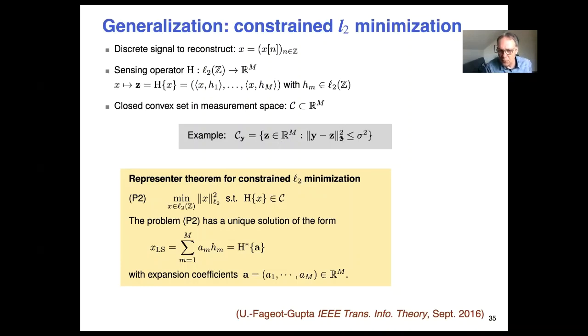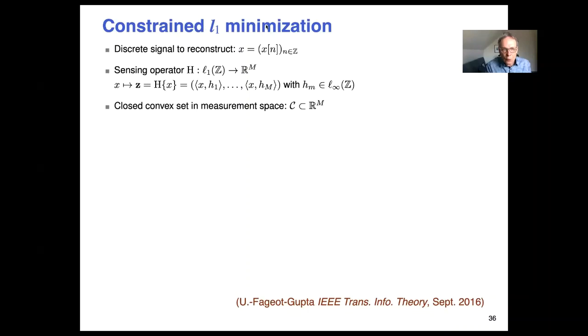But if the regularization is L2, it means that the solution will always lie in the space that's spanned by the measurements. And actually this is quite a limitation. In fact, this will explain to us why you have artifacts in L2 methods when you have a small number of measurements. So now, if you look at L1, you can really look at the L1 counterpart of the